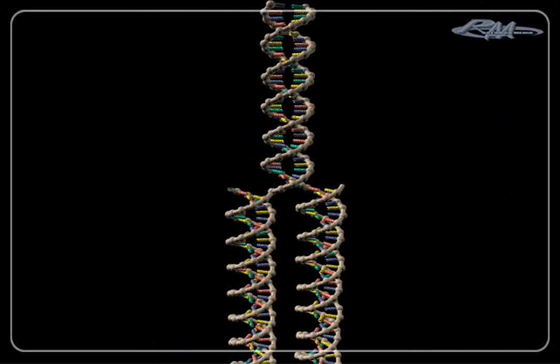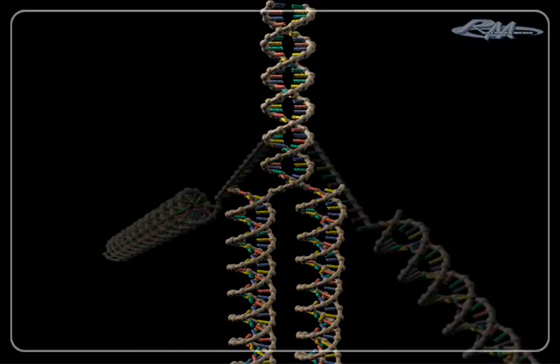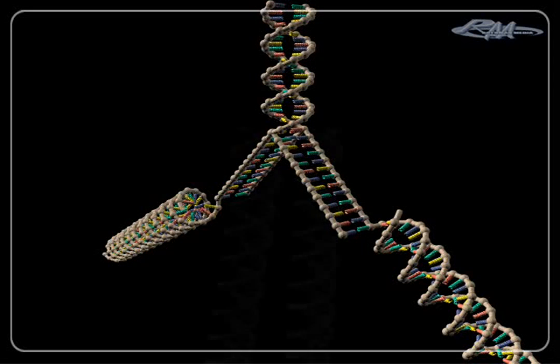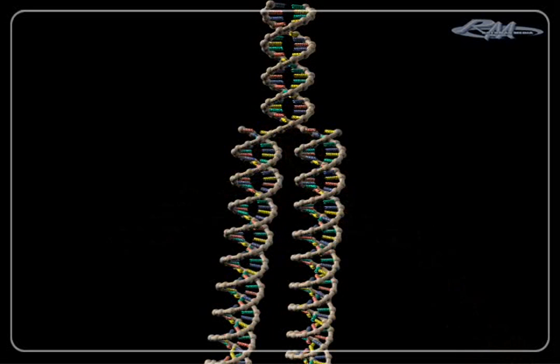In quick summary, the double helix is unzipped and each single strand acts as a template to construct a new strand. Because of the base pairing rules, this creates two new identical DNA molecules. This type of replication is called semi-conservative because half of each newly replicated molecule consists of old material and the